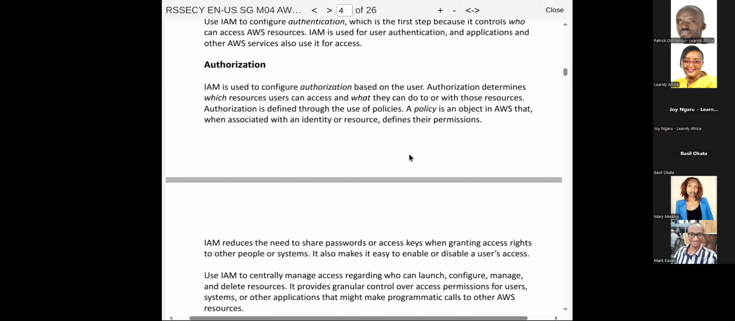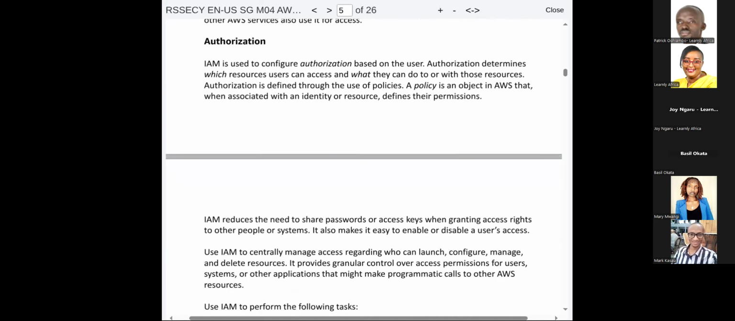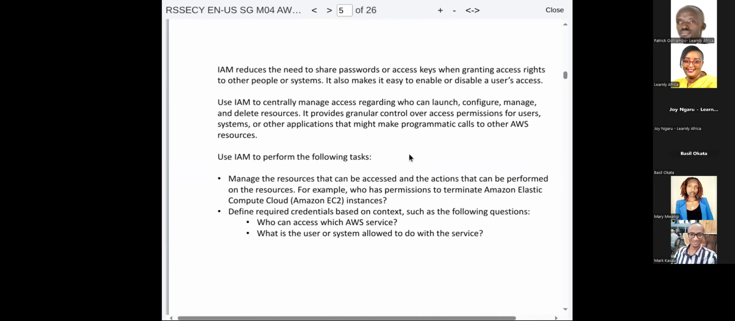So the policy is actually a document that says this user has access to these resources and he can do this and this and this and this. So in layman's terms, all right. And now